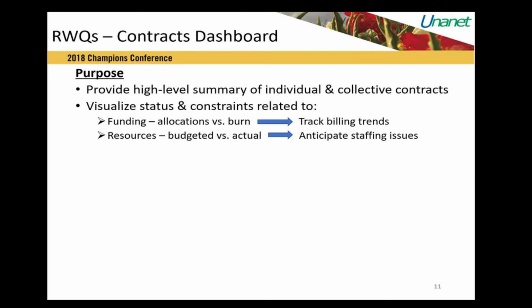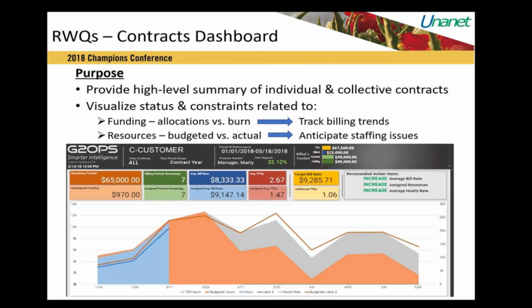Additionally, this tool gives us the ability to roll up our cost plus contracts into a single screen. We can then roll up our T&M contracts in a separate screen and identify where our priorities need to be in a particular point in time. So we're utilizing our TBD data, the to be determined data, and then looking at our actuals compared to our plans and assignments, and has helped again to positively impact our labor force forecasting. An example of this is shown here. So this is one of our